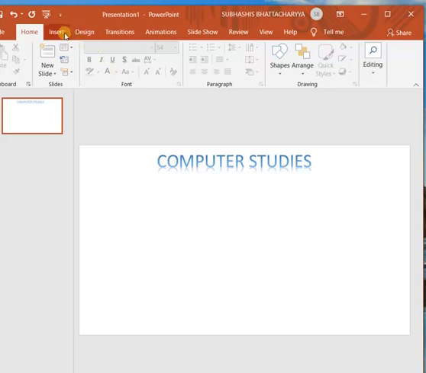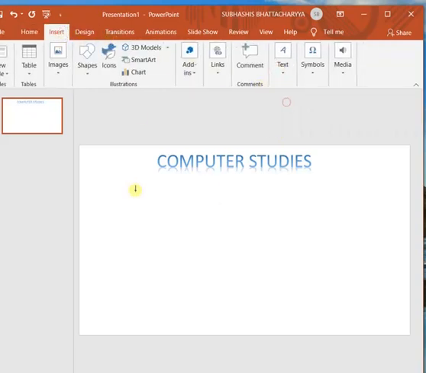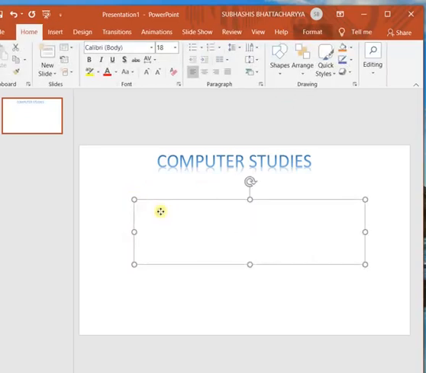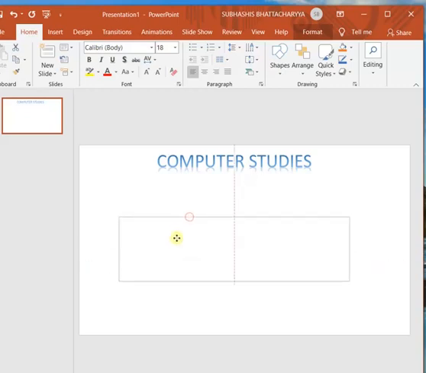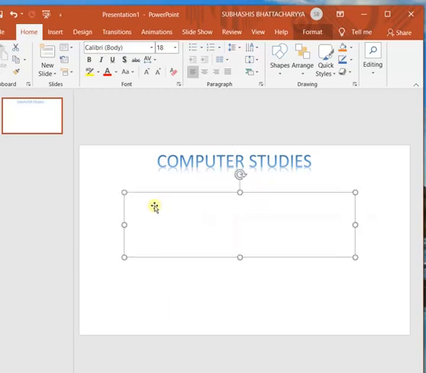For that reason, you have to insert the text box and write something here. Without writing, if you click on outside, the text box will vanish. For that reason, it is better to write. And when the border becomes a solid line like this, then you cannot write anything, but you can move it. To write something on the text box, you have to double click inside the text box. See, I have double clicked, now a cursor appears, now you can type it.